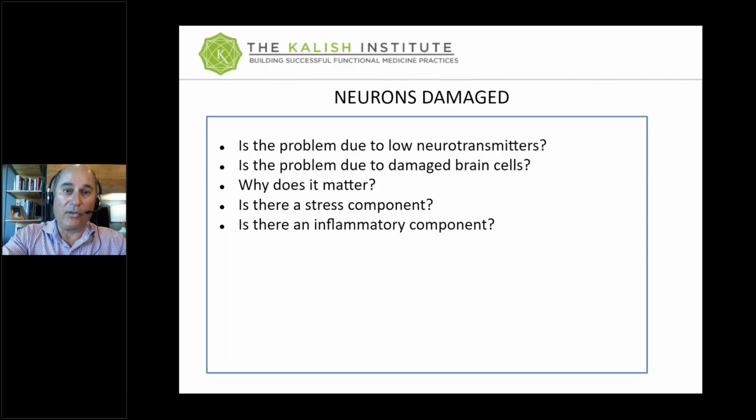So when you're looking at neurons being damaged and the brain not functioning quite well, it can be due to low amino acids, which would lead to low neurotransmitters. It could also be damage to the brain cells themselves. And it matters, right? Because if there's just a deficiency state and you see low amino acids, you restore the amino acid levels and then things balance out. If the problem is that the brain cells are damaged, it may be that your tyrosine levels are fine, but that the body needs more than the average amount of, let's say, dopamine to function well.